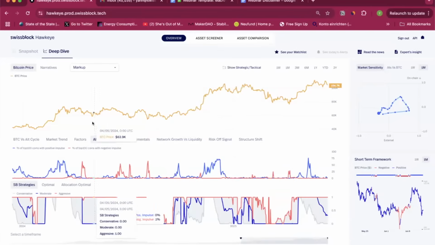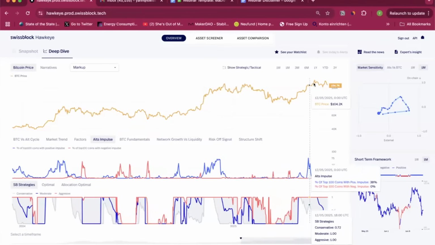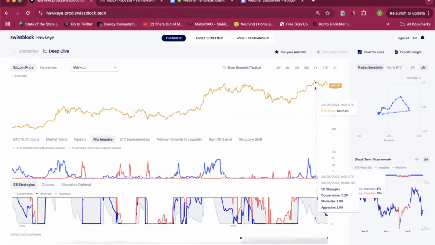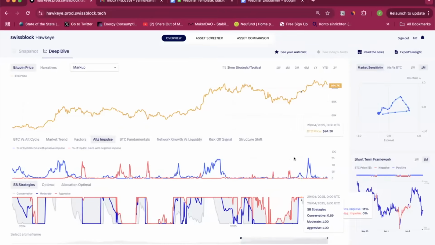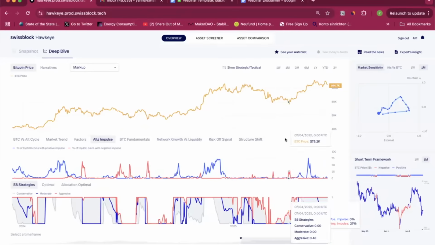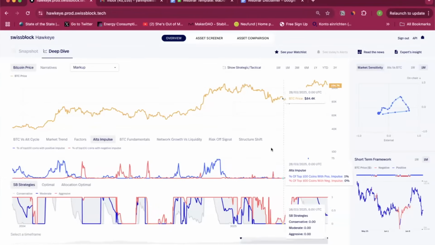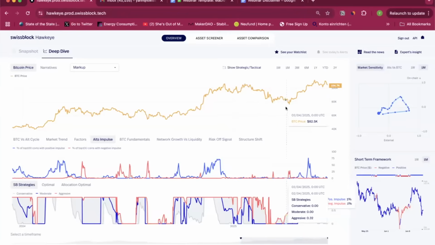So you see that the blue usually lines up very, very well with tops, global tops in Bitcoin. You see that here as well, and here as well, right? Even though with the altcoins, I think Bitcoin had a lot of idiosyncratic strength this time around, also because of Ethereum. And you also align with the bottoms, which is also very, very important. So that's where the red curve comes in. It's the exact same aggregation, but in terms of the negative elements of that exponential trend that you see in altcoins. And we saw that, as we mentioned before, on the 7th and the 8th of April, which is the actual real global bottom that we've seen.